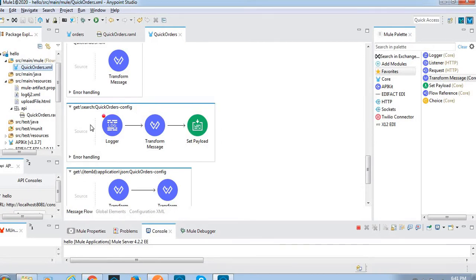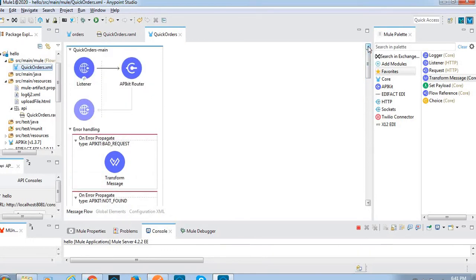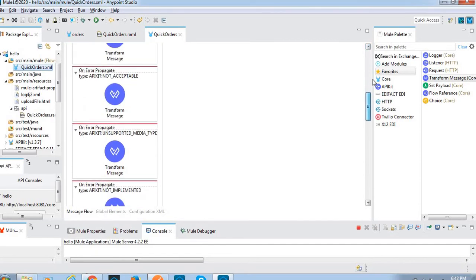If you want, we can create another file and we can invoke some other logic from here. Just drag and drop a flow reference here and we can call another flow. We can create another flow here. Okay, this is the RAML file, API kit generation from the RAML input. Okay, let me